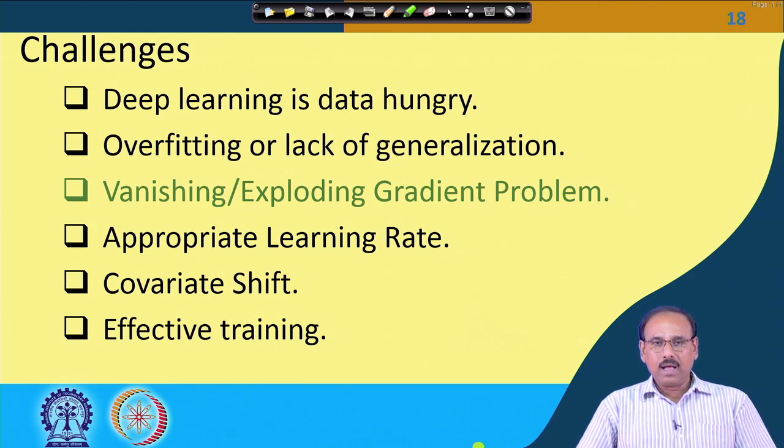The other kind of challenge or problem which is faced in deep learning is overfitting of the model, or lack of generalization of the model. As the number of parameters in the deep neural network is very high, it is quite possible that while training, the neural network will try to memorize the data which has been fed for the training, and in the process it does not really understand or encode the structure or the features which are present in the data. So, to avoid this overfitting problem, there are different techniques which have been employed, and we have discussed many of them in our previous lectures.